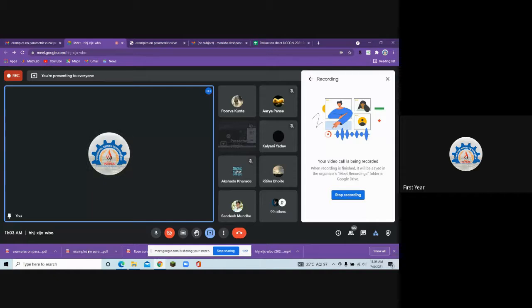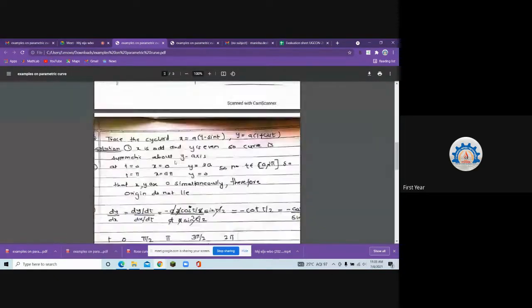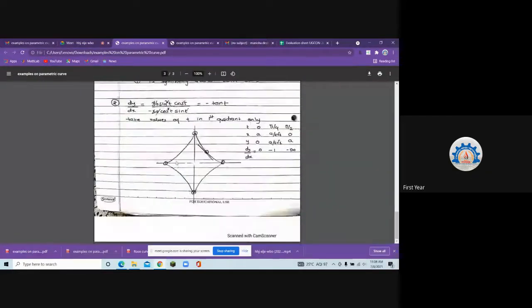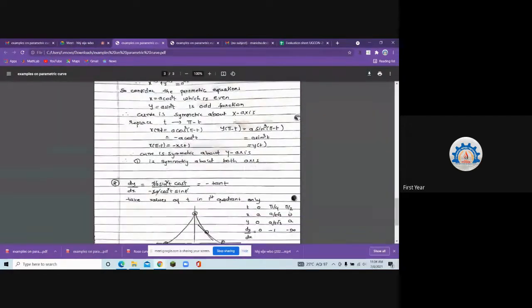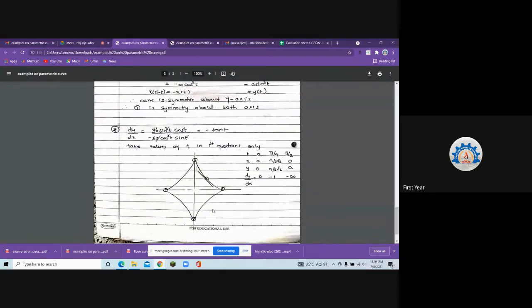Yes. So we were at this curve, that is asteroid. The curve will be like this. It's a star shaped curve which we saw because of the points x, t, x, y, dy by dx and the symmetry. You have to only see what happens in the first quadrant. Then by symmetry, mirror image, you will get the curve in second quadrant, and by the mirror image about x-axis you will get the curve in third and fourth quadrant.